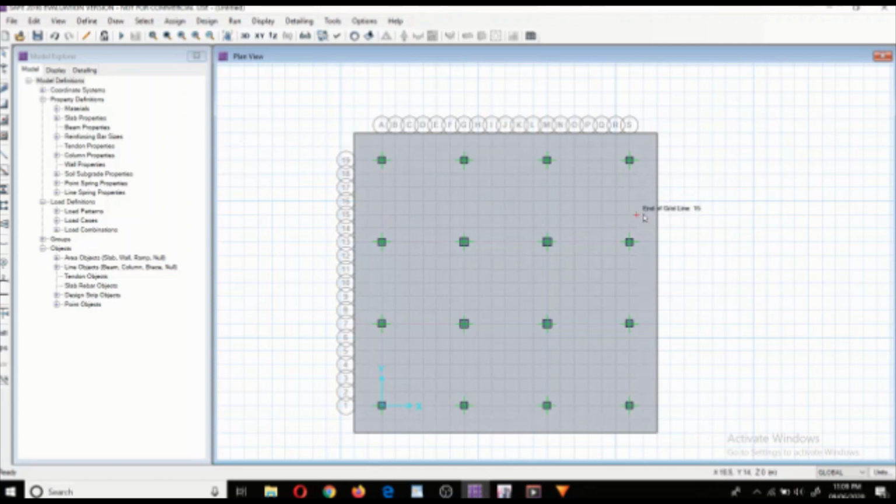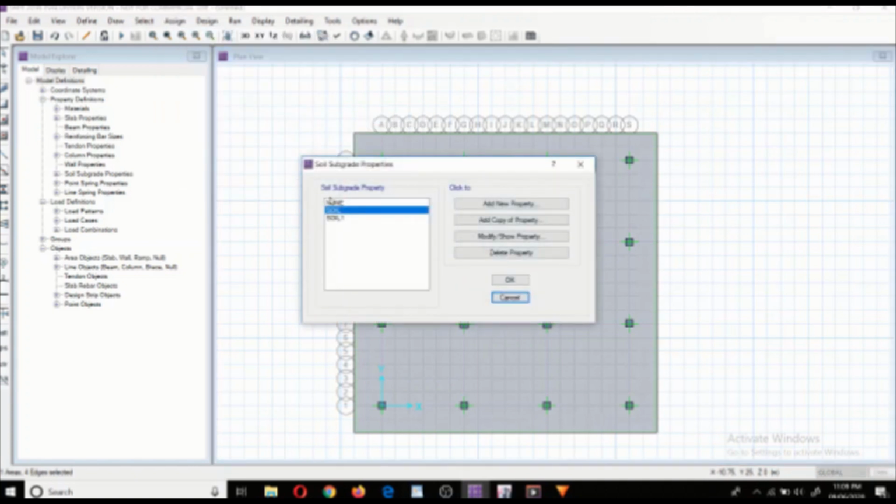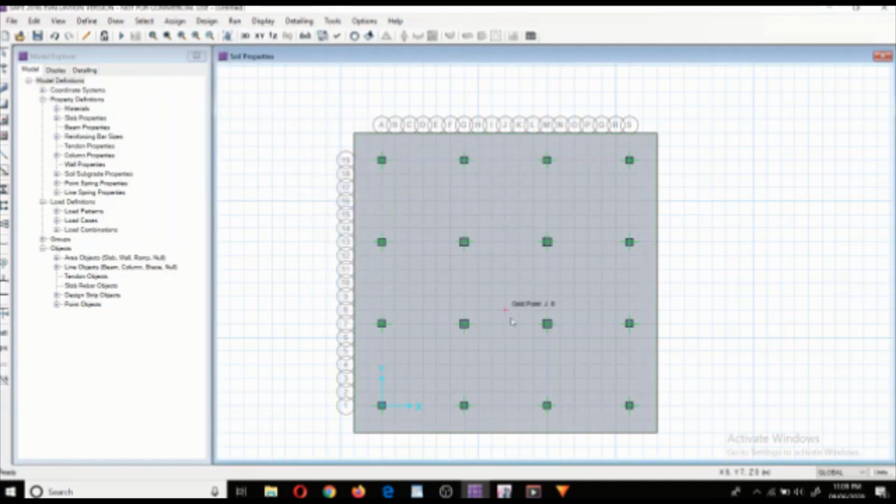Then select footing, click on assign, click on support data, click on soil property and assign the soil property.